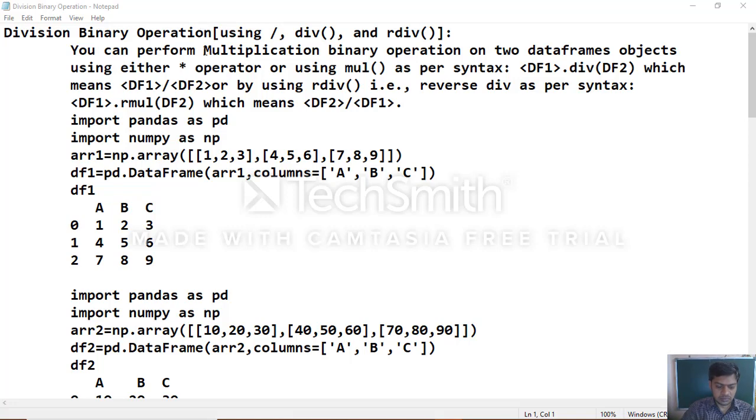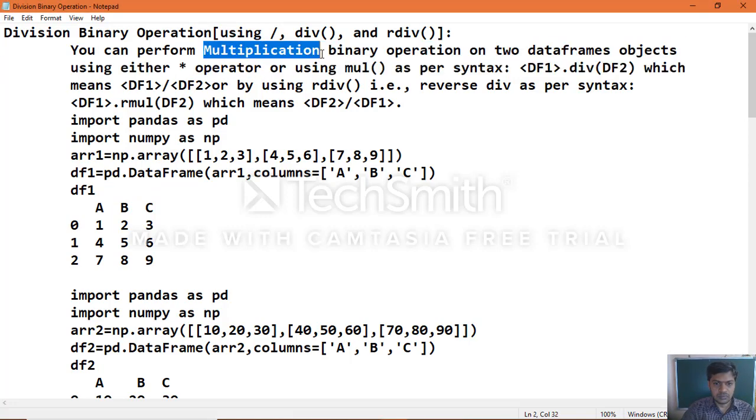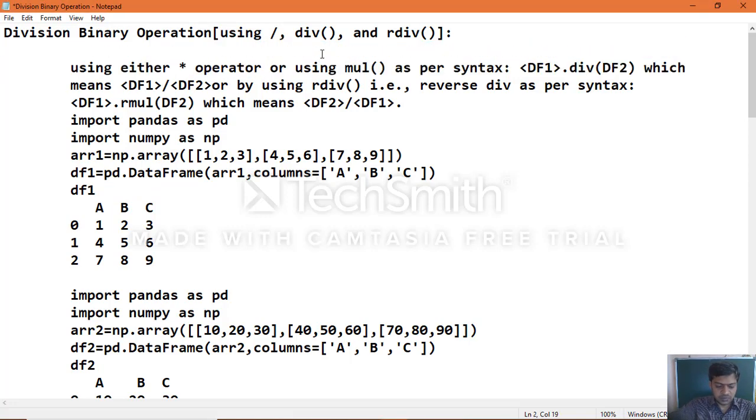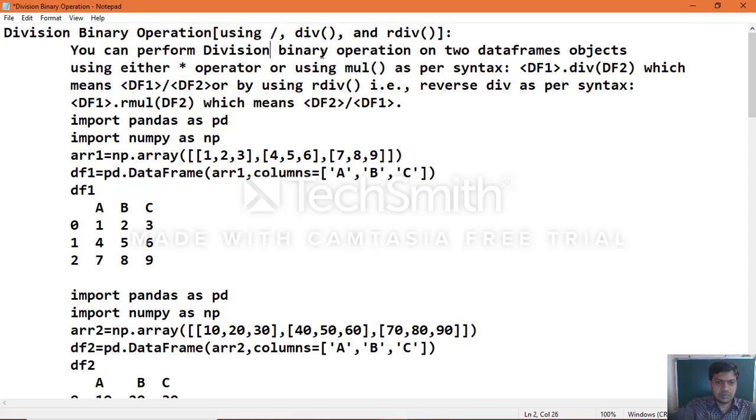you can perform division operation on two data frame objects, either using the division operator, or using the function called div.